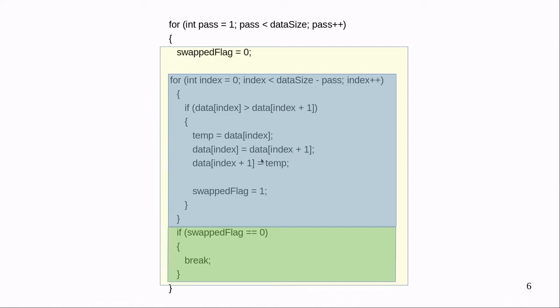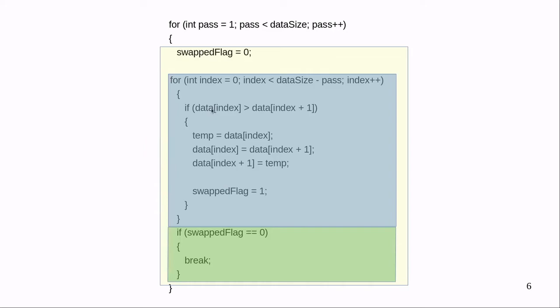At this moment, both data of index and data of index plus 1 have the same value, but as we have stored the data in temp, we have no problem. So to complete the swap, we write data of index plus 1 equal to temp. In these 3 steps, the swapping has happened. When a swap has happened, we'll have to change the swapped flag to 1.